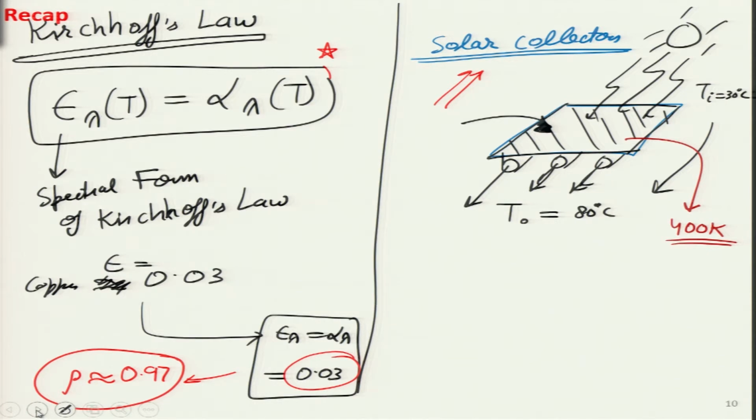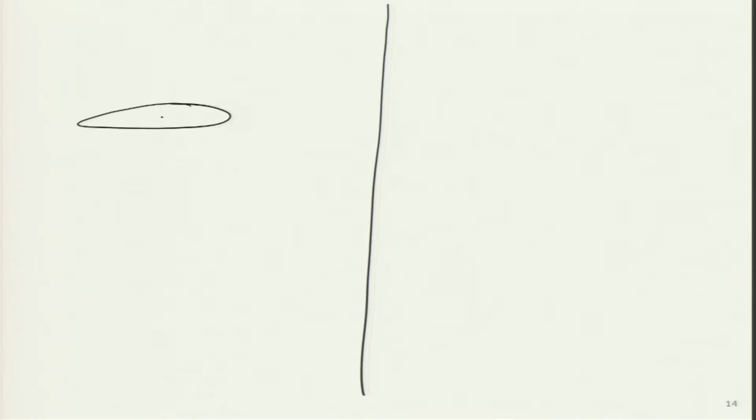Now, let us move on to the topic for today, which is radiation heat transfer between surfaces. What do we mean by that? Essentially, I can draw any two surfaces over here. Let me draw a disc which is horizontal at this particular point. This is the normal to that disc, and then let me connect it to another point over here, and I will draw another disc of a slightly different orientation.